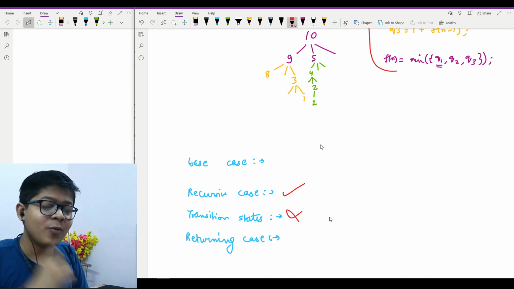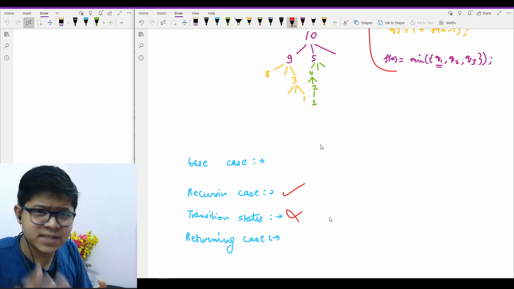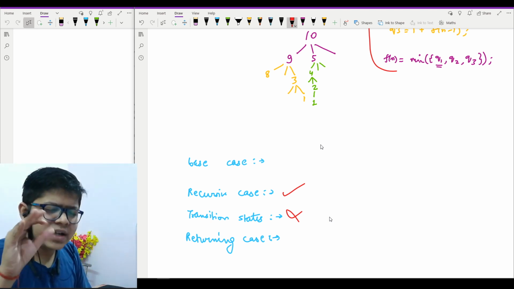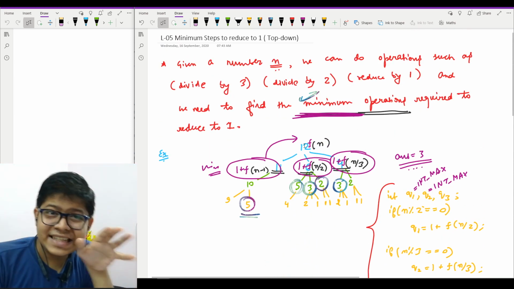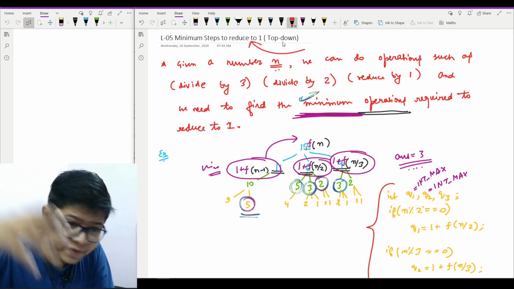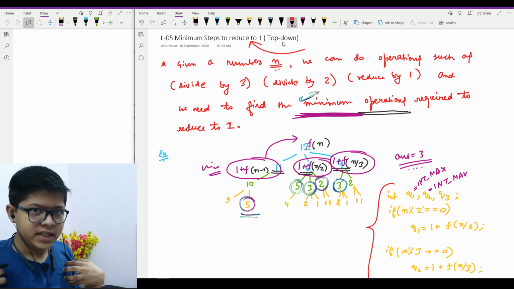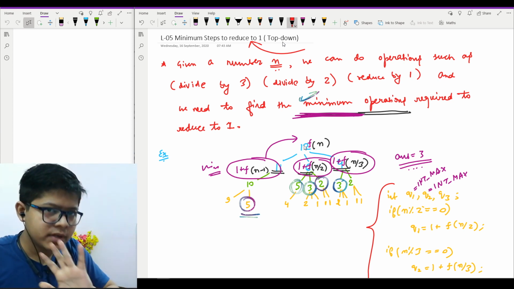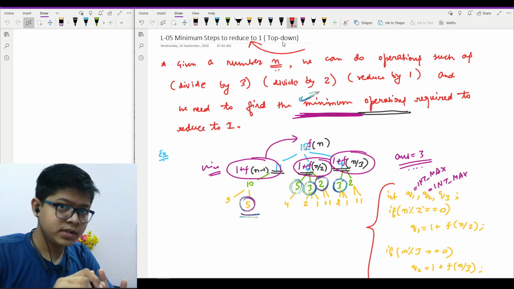Now comes the main part. What is the base case? As I said in the earlier example also, you should first think of the base case by running a small example, up to what minimum value it can go, and what is the minimum value possible. In the question also, it is clearly said that we have to reduce to 1. We have to finally go to 1 anyhow. So I know personally that I will not go beyond 1, by any chance. I'm pretty sure, and I'm also pretty sure that I will only go to 1.